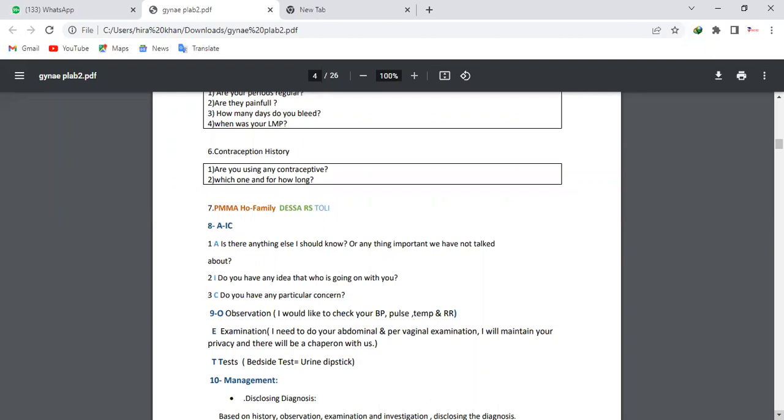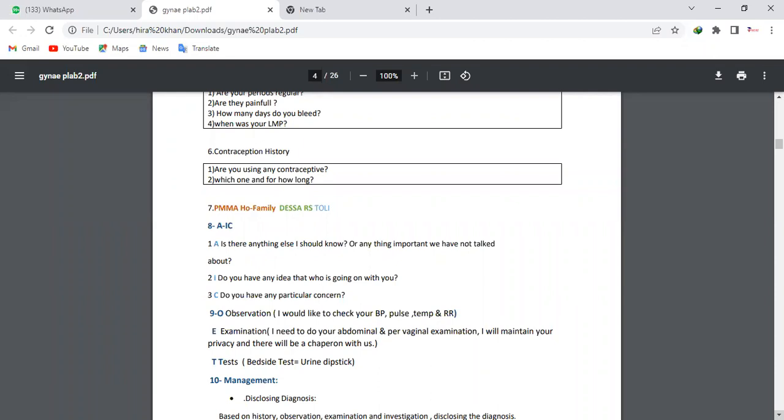So if the history is chronic, like 1 to 2 weeks, then ask how this has impacted your life. But if the history is very short, you're not supposed to ask this. So, common sense. All right. Afterwards, the most important thing is, you have to ask, do you have any particular concerns?